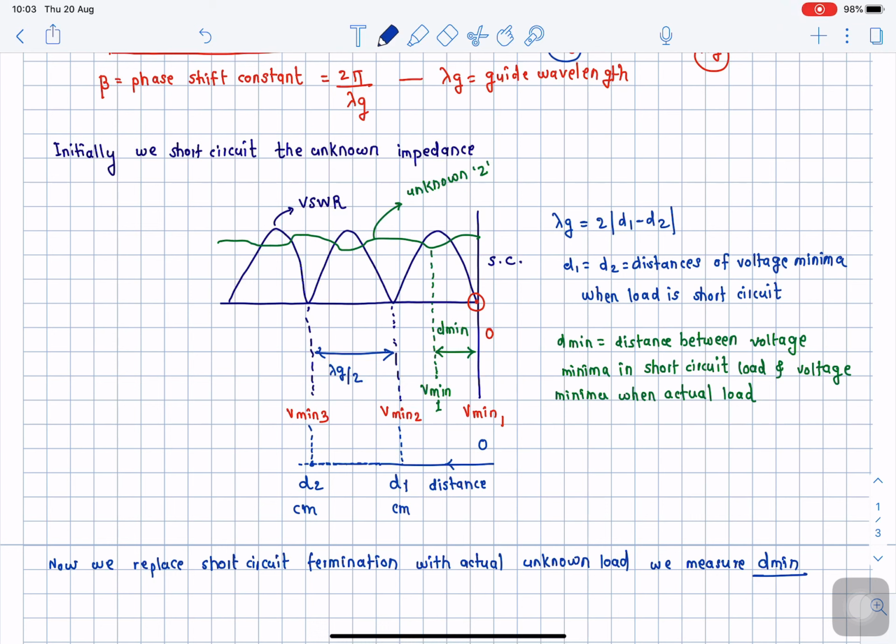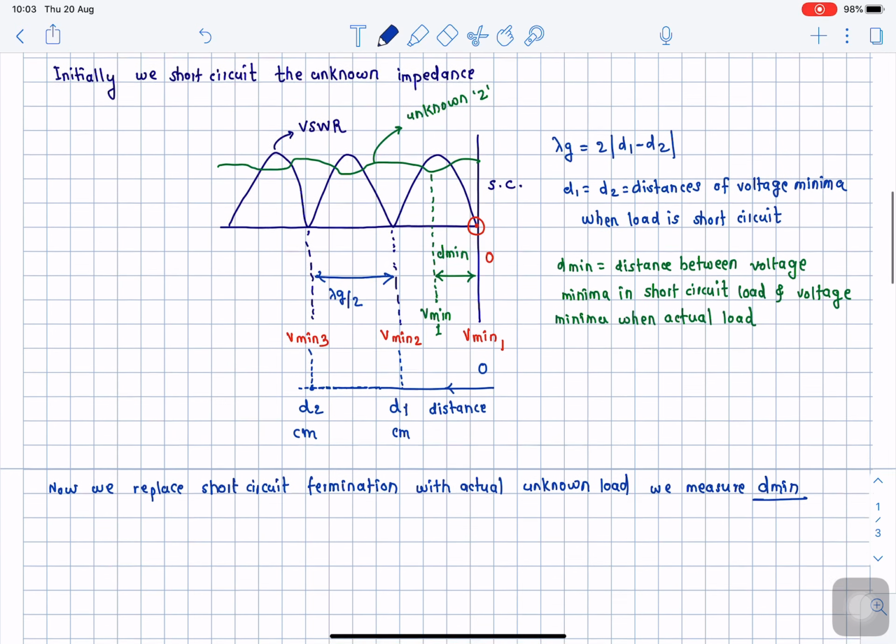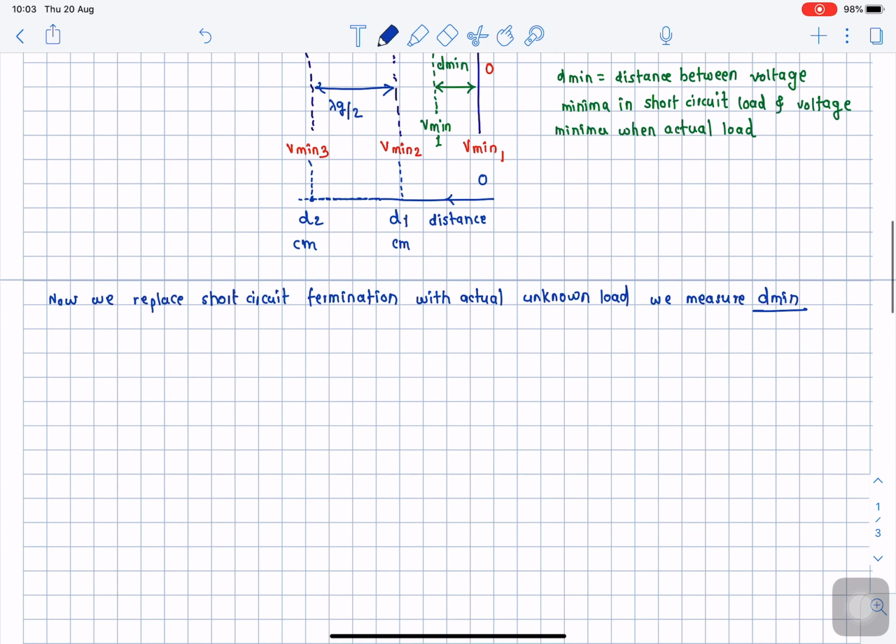In the case of a capacitive load, we will get a VSWR much below the standard value of the short circuit configuration, right? So in this procedure we saw how to measure an unknown impedance using the microwave measurement technique. Now we move ahead and see the procedure of frequency measurement.